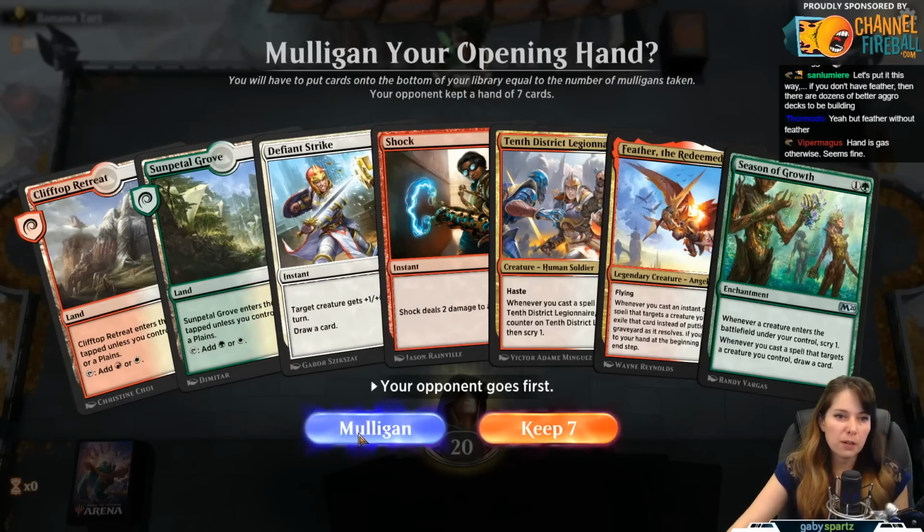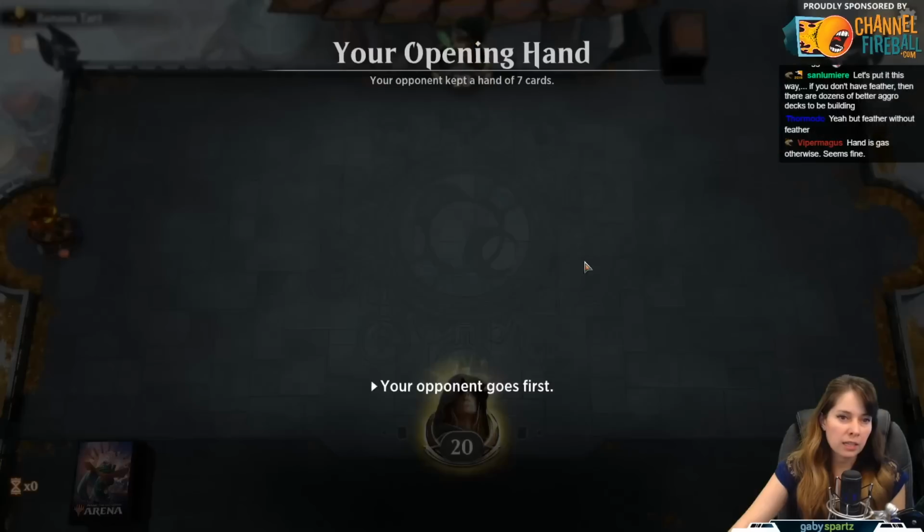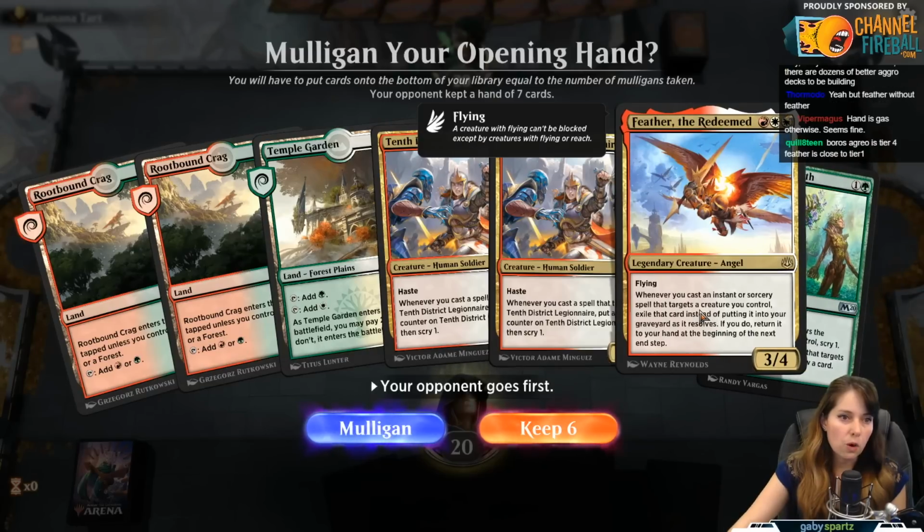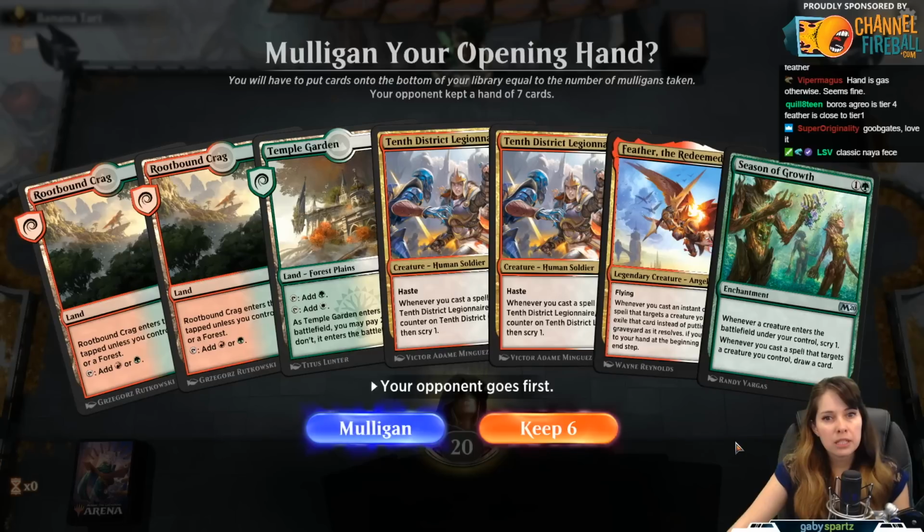If this were in the perfect situation to use the London Mulligan in, I wouldn't know how to find it. So yeah, look, this is much better. We can keep this one. We can't cast Feather, unfortunately, because it's double white. But I think we can keep...